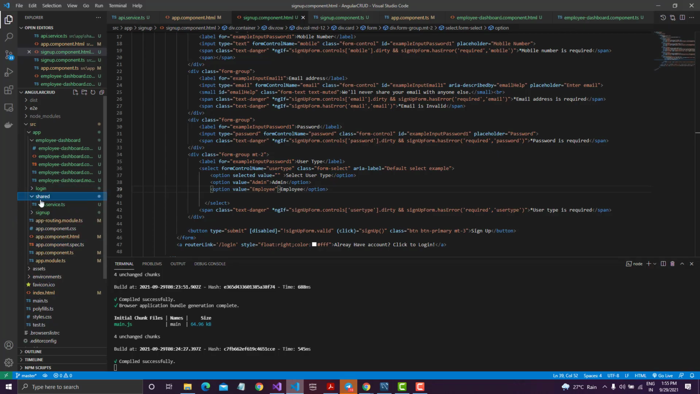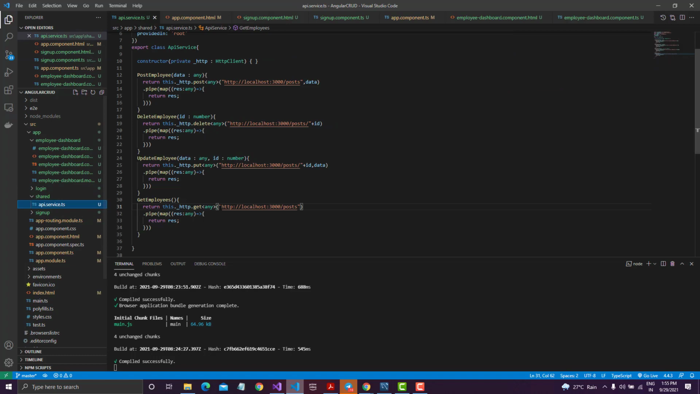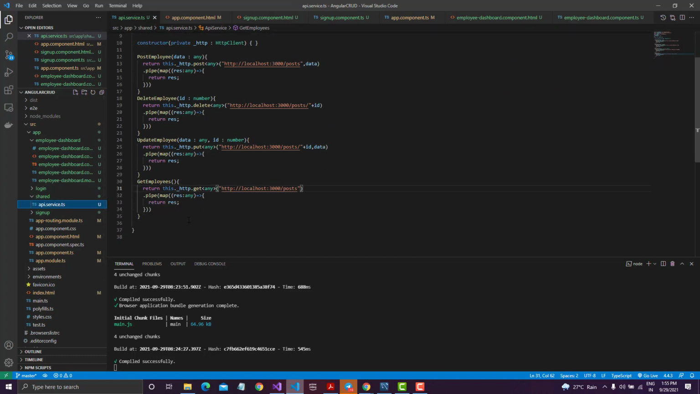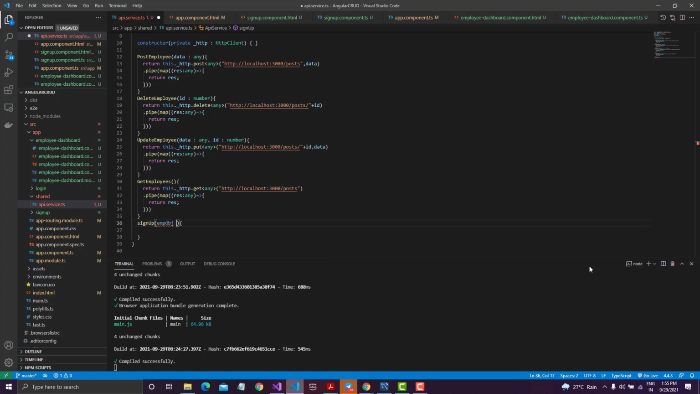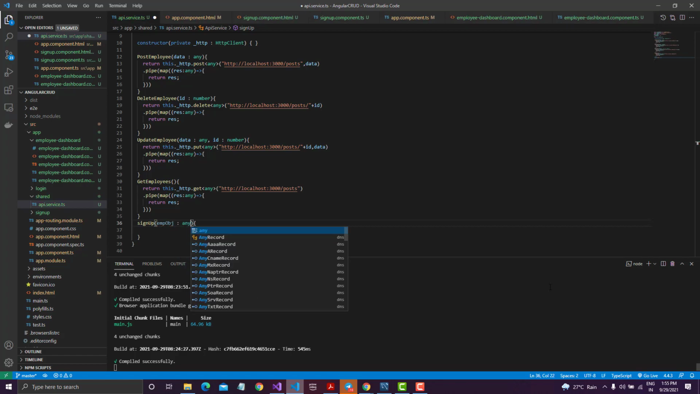Because we have already created a sign up API, if you go inside our shared folder in the API service, we will have to create a sign up API. So let us create that very quickly. I'll say sign up, and the sign up will expect an object. It will accept an employee object, so I'll say emp obj, and it will return